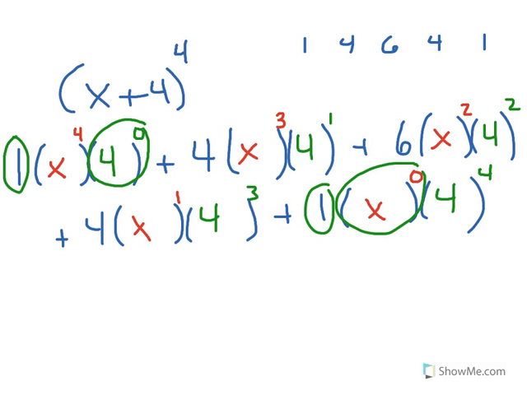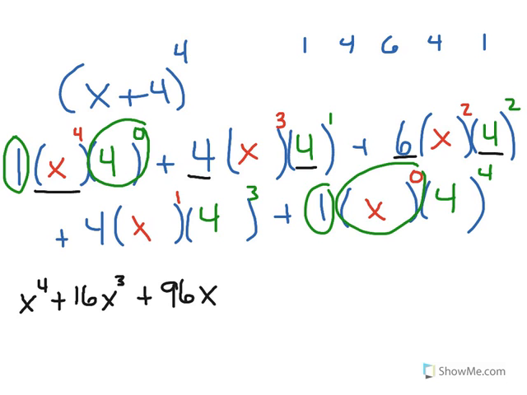The first term, since we have 2 parts that aren't very important, we're going to write x to the 4th to represent that. That's really the only part that matters. Plus, in the second term, we're going to have this first 4 times the back 4, which is going to give us 16x to the 3rd, plus we're going to have a 6 times a 16, that's going to be 96x to the second. We're going to have a 4 times a 4 to the third, that's going to be 4 to the fourth,